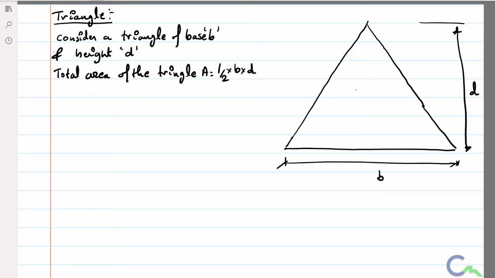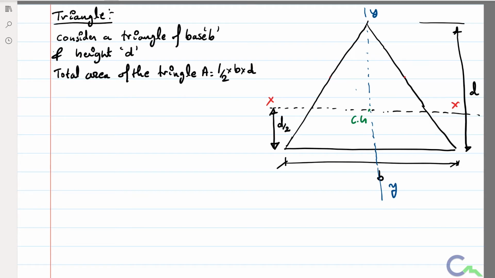So CG of the triangle, as we saw in the previous topic, is at a distance of d by 3 in the vertical direction, and I can take the CG or centroidal axis in y direction here. So this will be the CG for the triangle. Horizontal centroidal axis I will take XX, and vertical centroidal axis I will take YY.